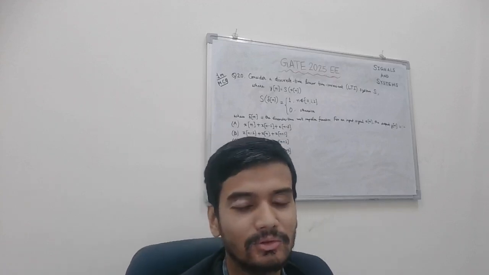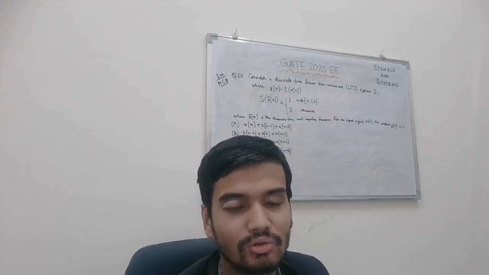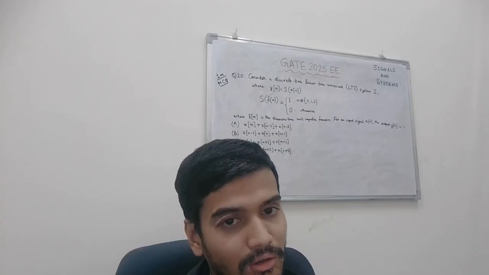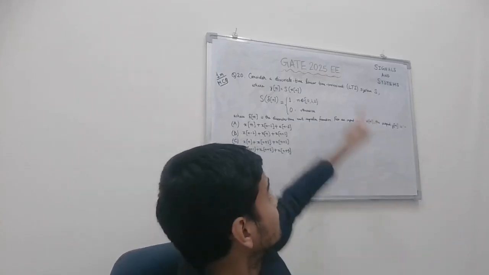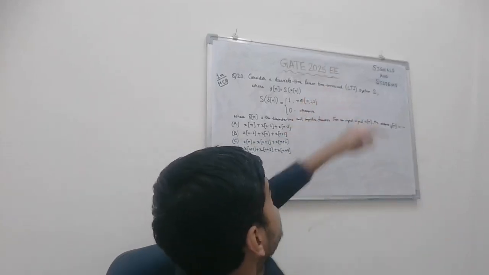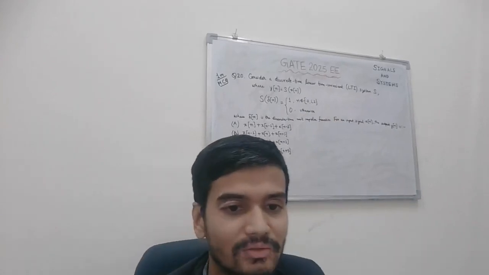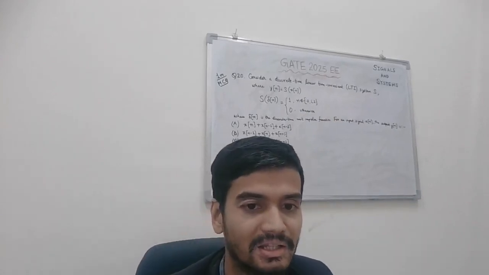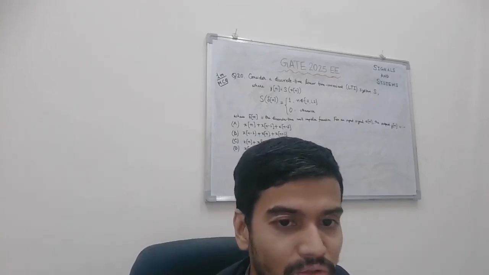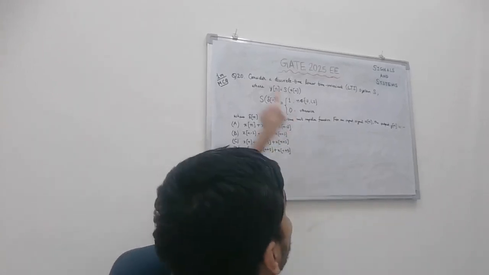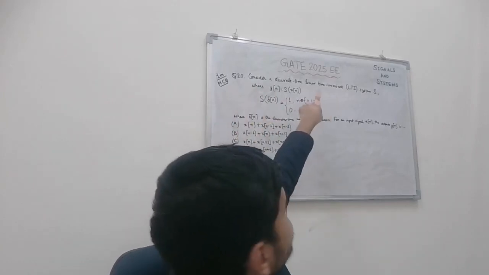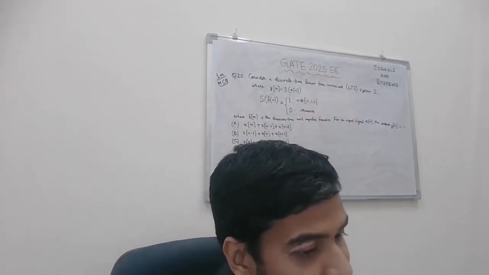In this video I will be dealing with the solutions to the GATE electrical engineering questions that came from the subject Signals and Systems. So basically 7 questions came from signal systems, and in this video I will deal with the first question, number 20 according to the master question paper of GATE 2025 electrical engineering, from the subject signal systems,